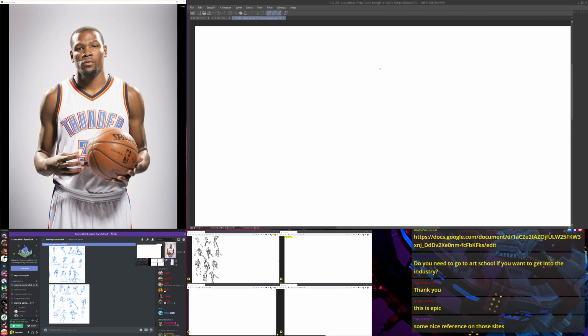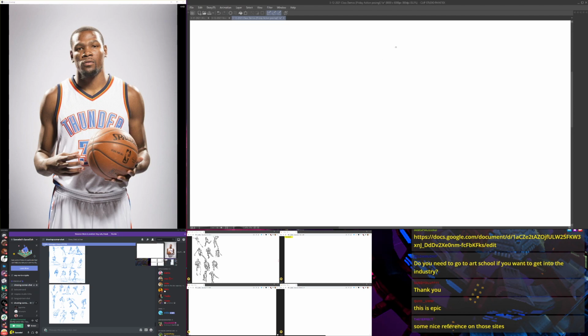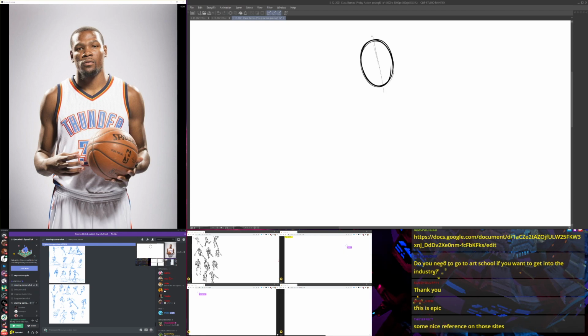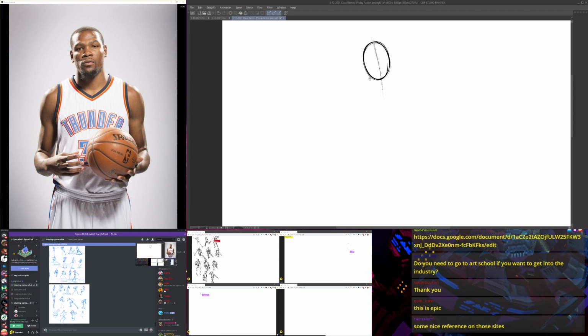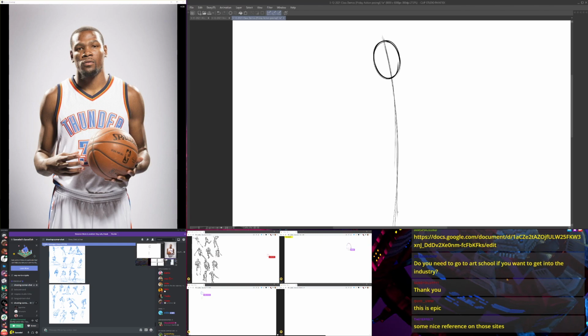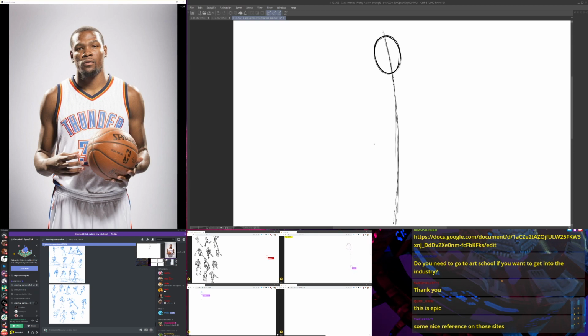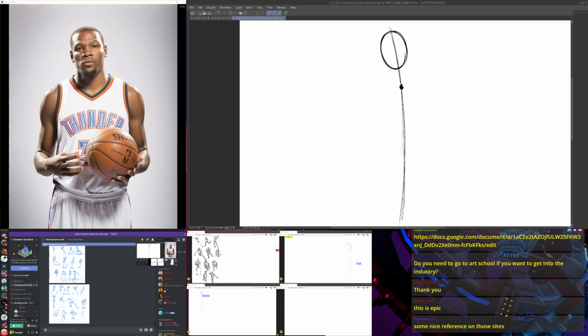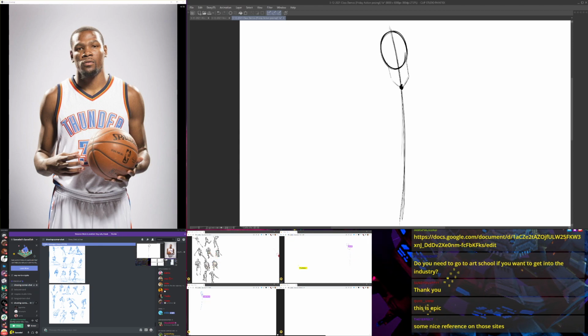So, you've got this pose of this guy here. We're going to start with an ellipse for the head. The ellipse is going to be tilted slightly like this because he's got kind of a casual posture. It's going to be a slight curve, like that, for his body. We're just doing a vignette study of the torso and maybe the pelvis here, so don't worry about making the legs. Alright, so about here would be the pit of the neck. Let's get the sides of his neck here. Something like that, a C-curve sort of thing.